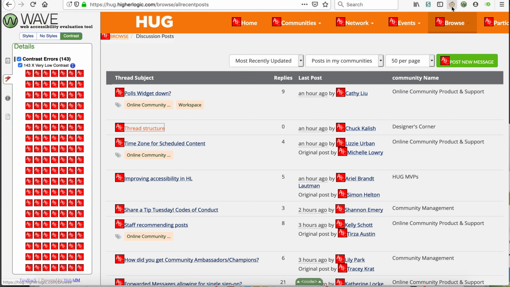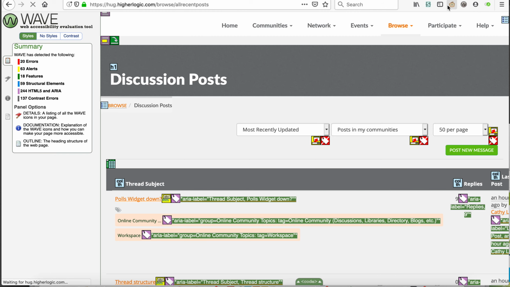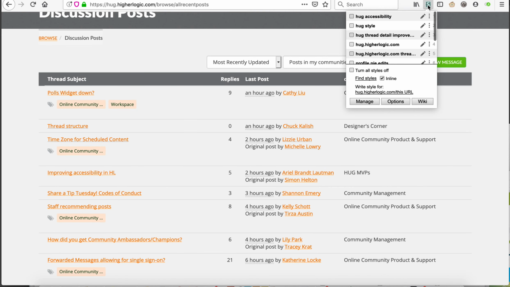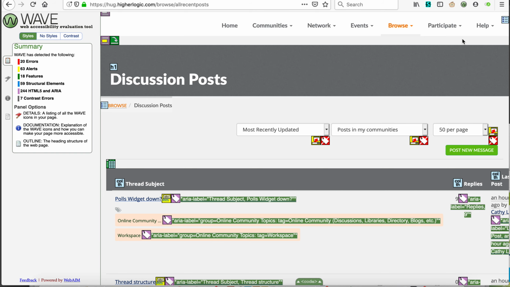And now if I just turn Wave off and then on. Oh shoot, actually turn it off. I'm going to turn on this local style sheet. So now I have a darker link color. And if I turn Wave back on,